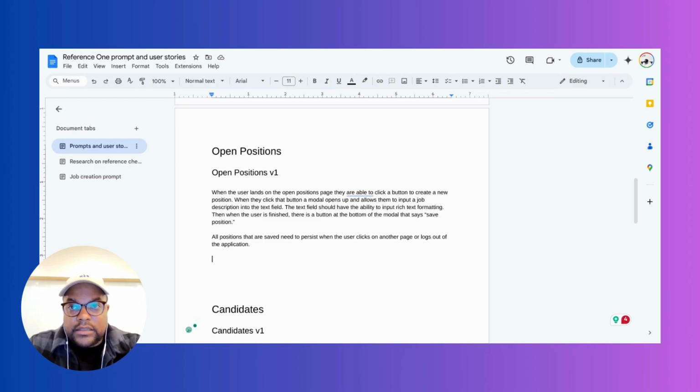Okay, let's pause it real quick. Let me get a little bit ahead. I just realized that I probably need to frame out what the positions look like, right? So let's do the receives cards of all of their open positions on